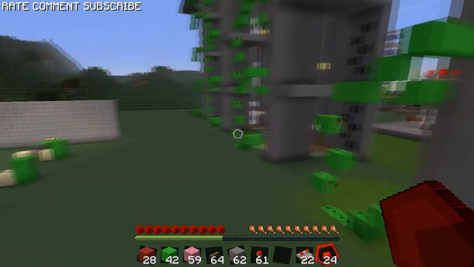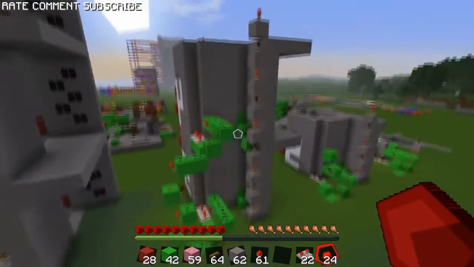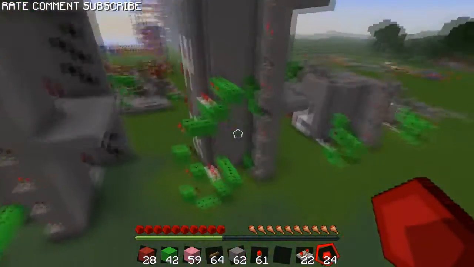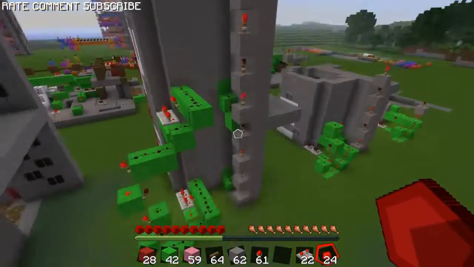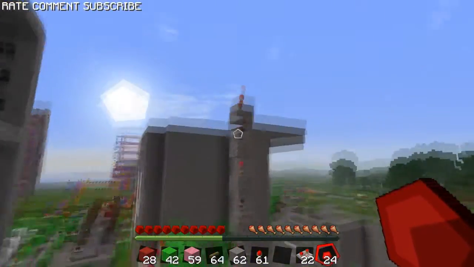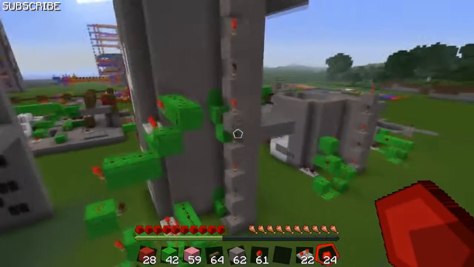Once your first layer is done, just keep adding it up. Just keep going up. It's all repetitive. Everything repeats all the way up. Just keep carrying the block, redstone, and then again right here,